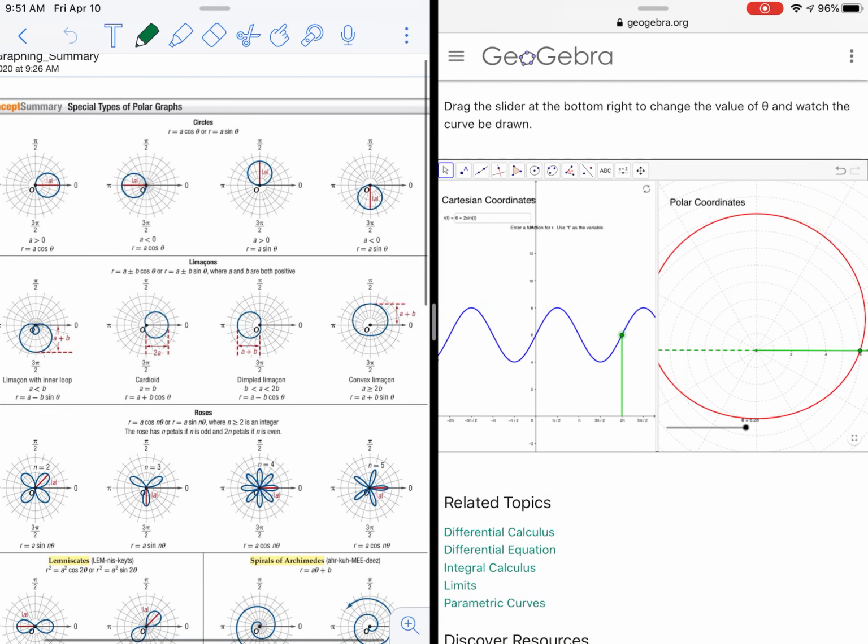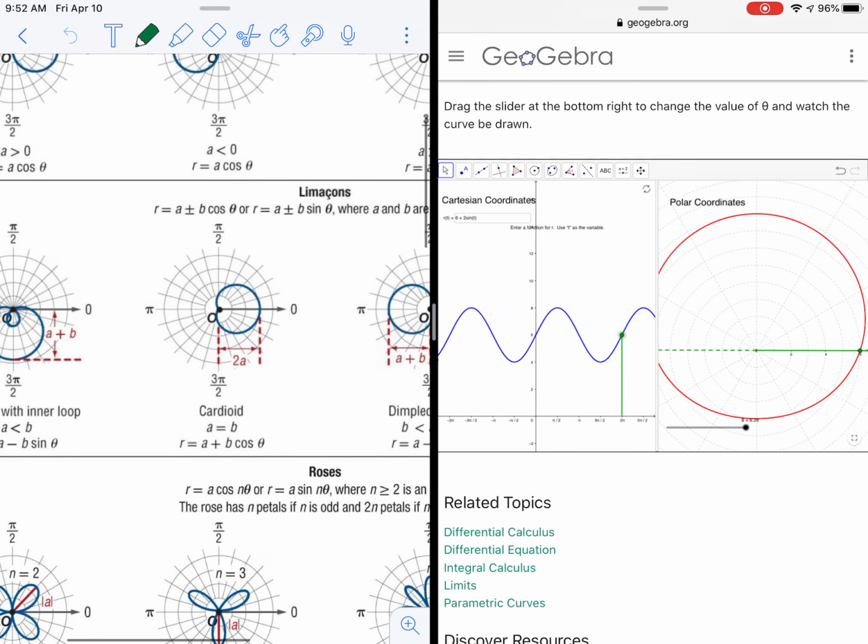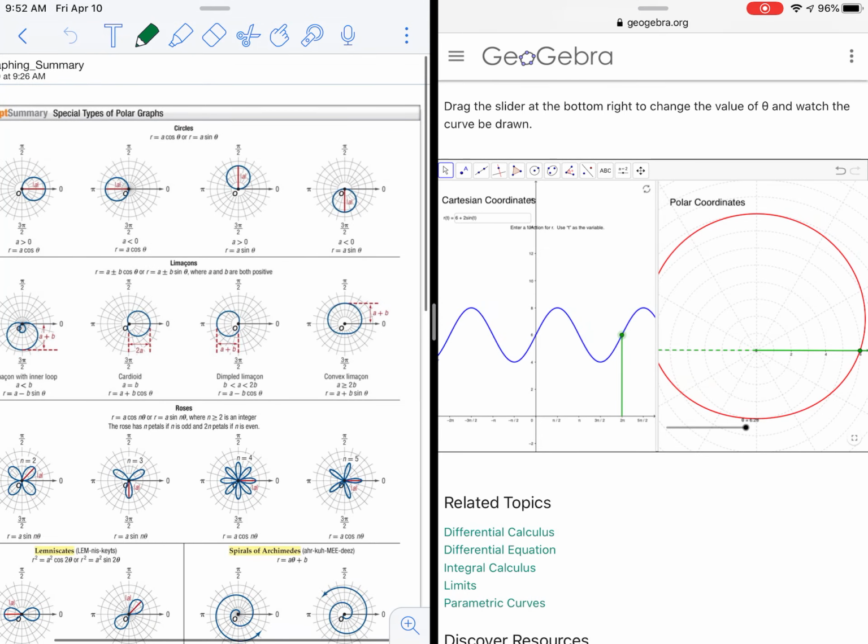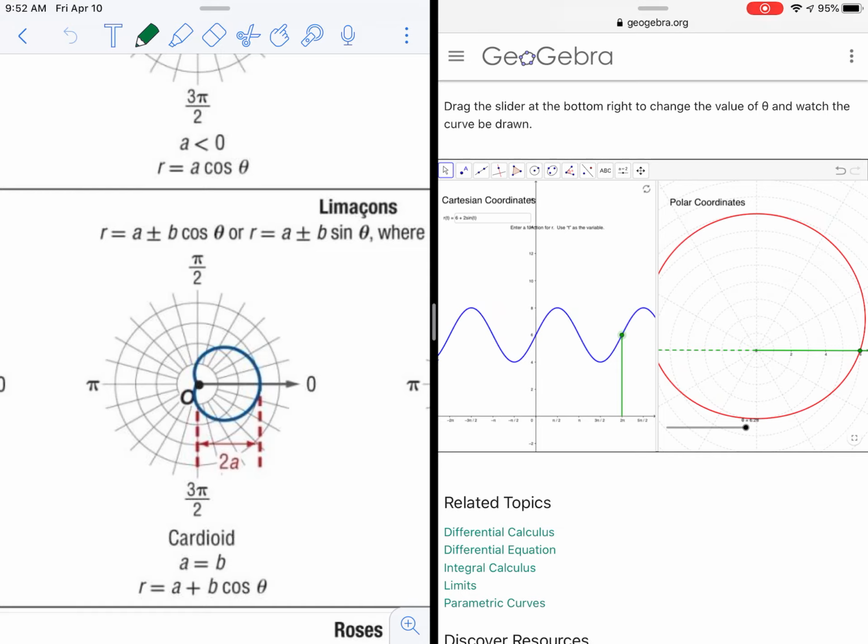So that is your limaçons. Again, knowing the different names of them is not as important as really just knowing what we call the cardioid, and just kind of what is creating this dimple look versus not. And it has to do with that ratio of the A